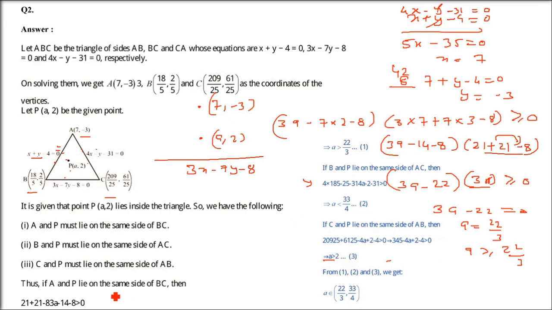Okay, so let me make a number line. I hope you will be able to do it. A is 22 by 3, so A greater than 22 by 3. 7 3s are 21, so I'm just taking an approximate point near that. A greater than 22 by 3, so it is greater than 7. A less than 33 by 4: 8 4s are 32, so A less than 8.